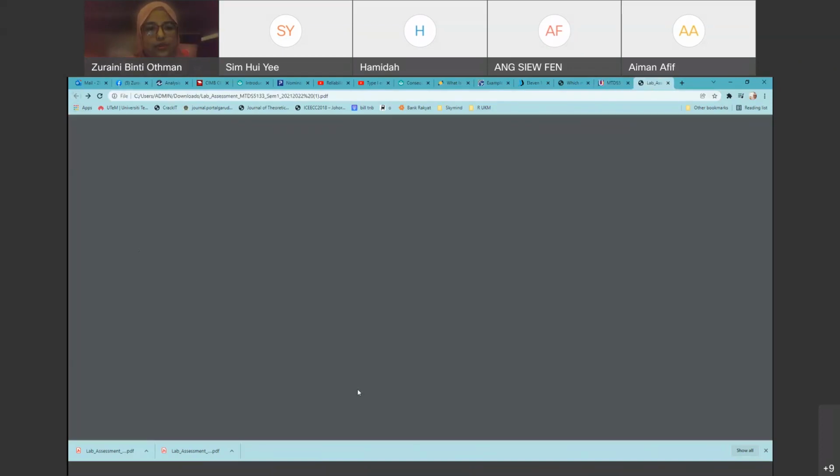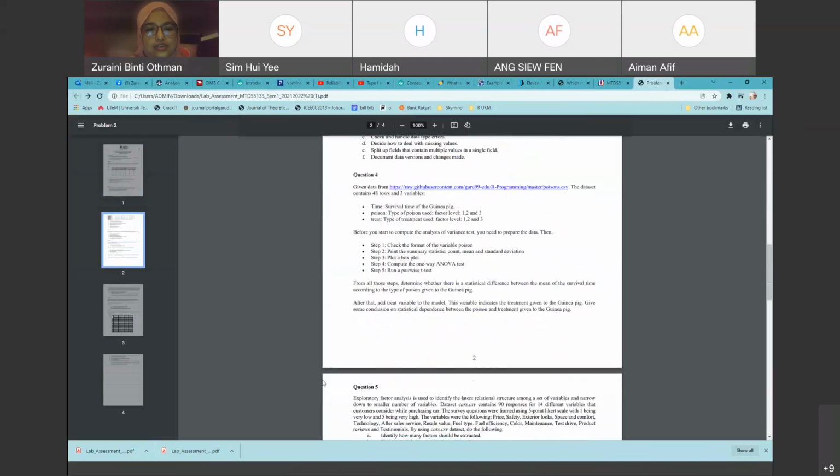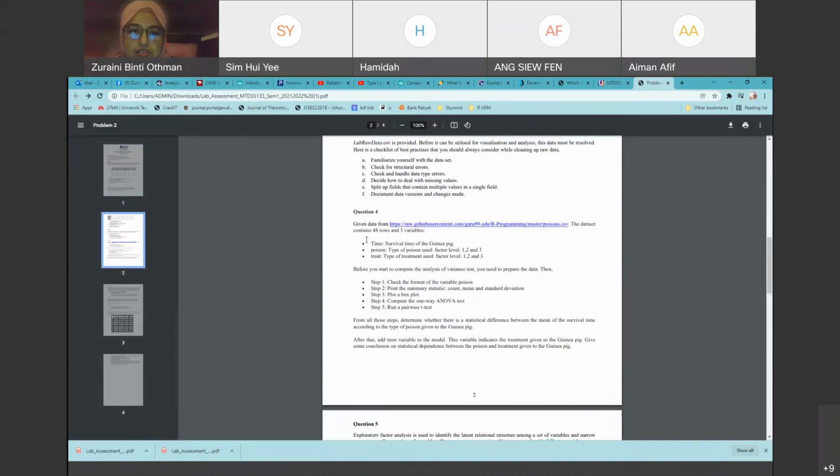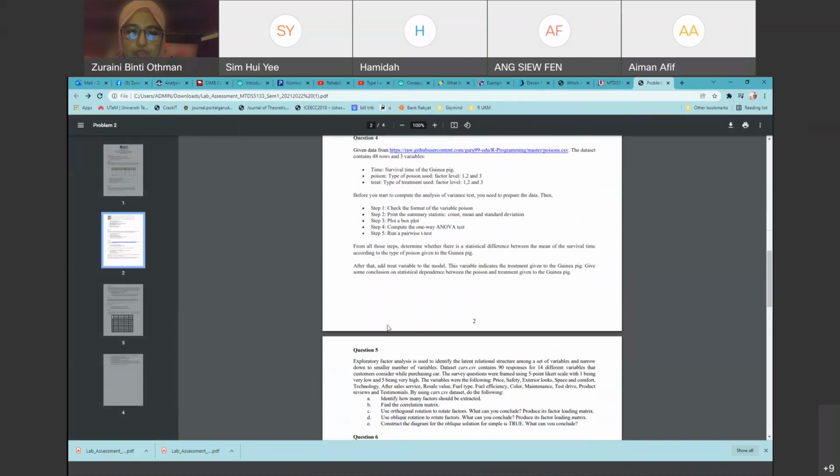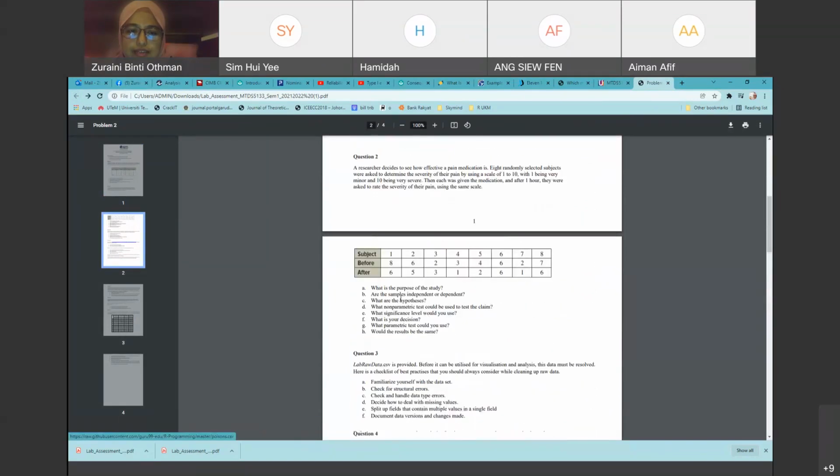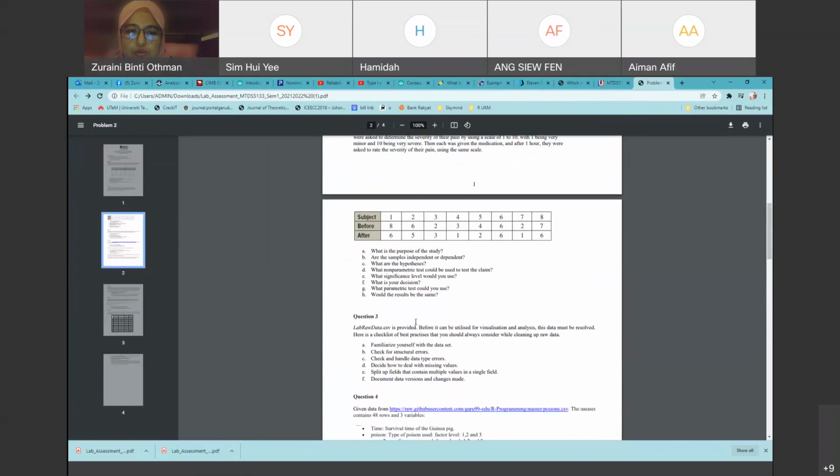Then this is question 3 and question 4, and from this, how we want to conclude our study. Then we want to put in another variable, and what is the conclusion that we found from that. Okay, so this is question 3 and question 4 for me. After I finish my class, maybe you can answer 1, 2, 3, 4.